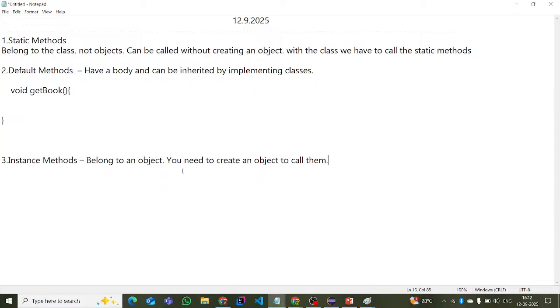And the third one, the instance method, belongs to an object. You need to create an object to call it. What is meant by an instance method? Nothing but the same return type, method name, and without the static keyword. That is called an instance method, otherwise a non-static method. Clear? One is the static method, default method, non-static method, and the fourth one